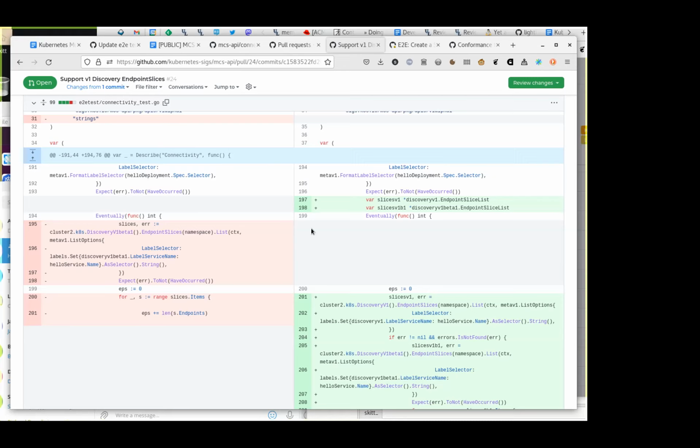And I'll say the other thing that could teach us is if all the implementations have not implemented something in the spec, maybe we should revisit if that thing actually belongs in the spec.